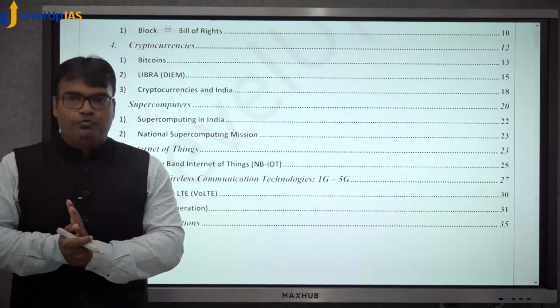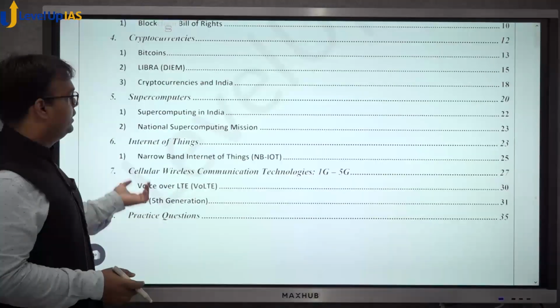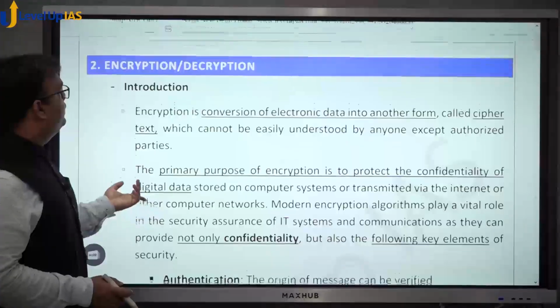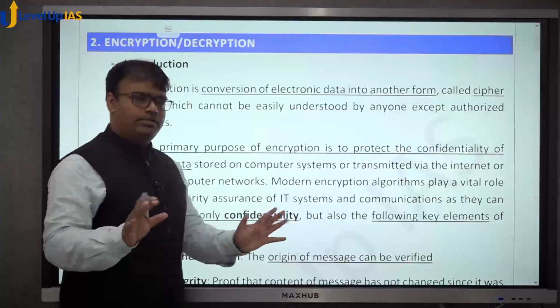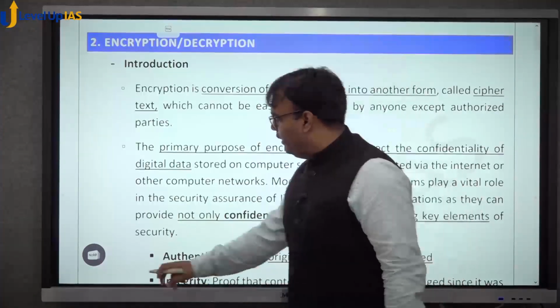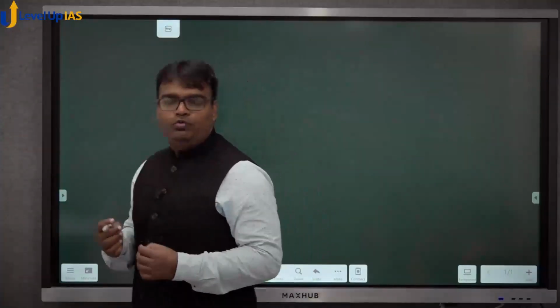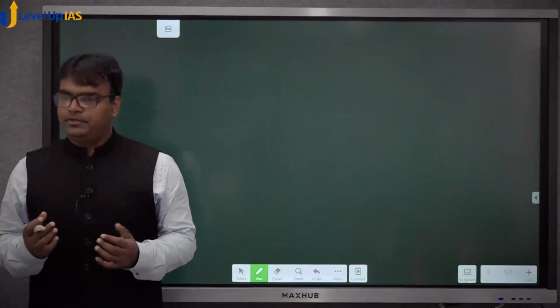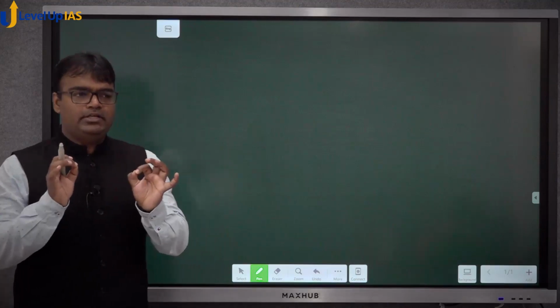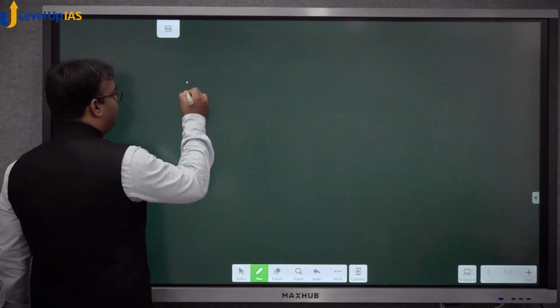Okay, so without wasting a lot of time, let us start with the first topic. The topic is encryption, decryption, or in general cryptography. Now what do we understand by cryptography, or what do we understand by encryption? Encryption basically means you have some text, let's say Mayur,